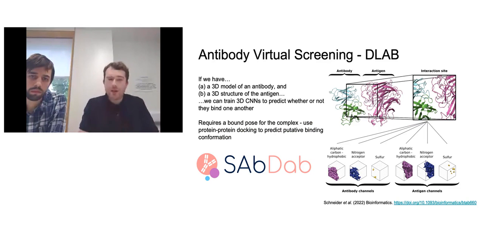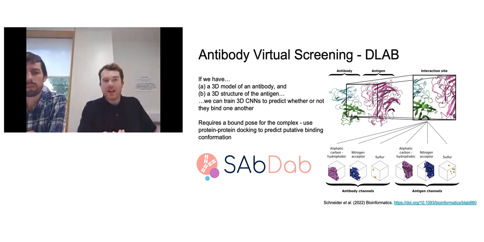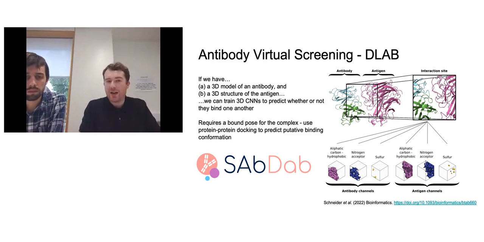And so the way we approach this is taking ideas of what people have done in the drug discovery world, where people found that with the ability to represent a 3D protein structure in a way that is amenable to being fed into convolutional neural networks, in ways analogous to how they analyze 2D images and 3D videos.